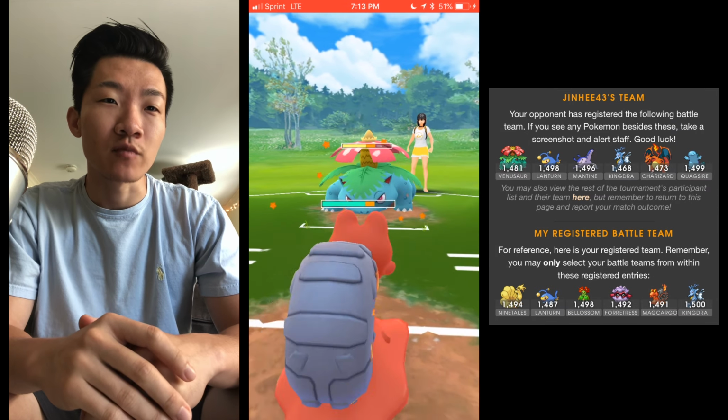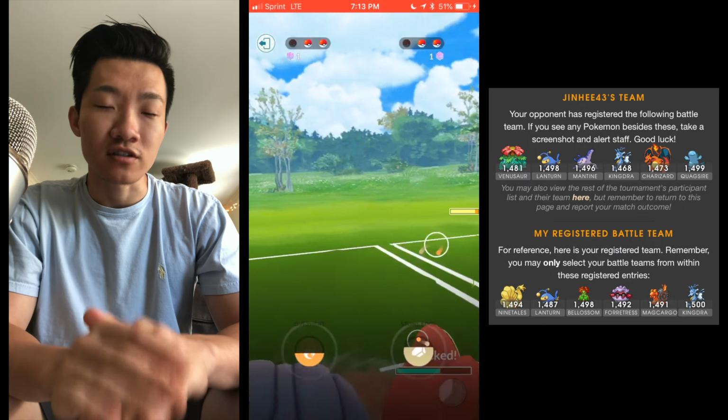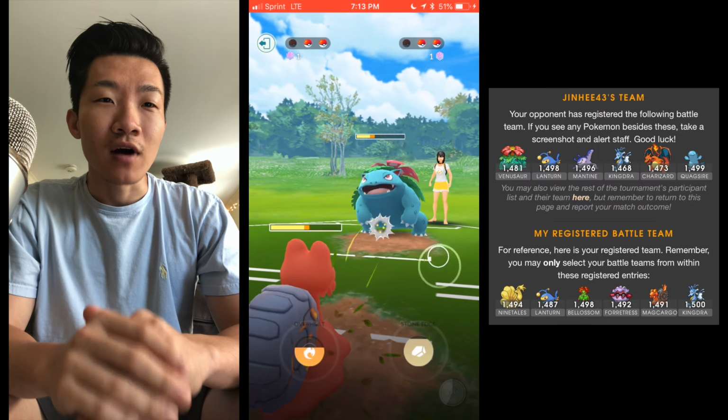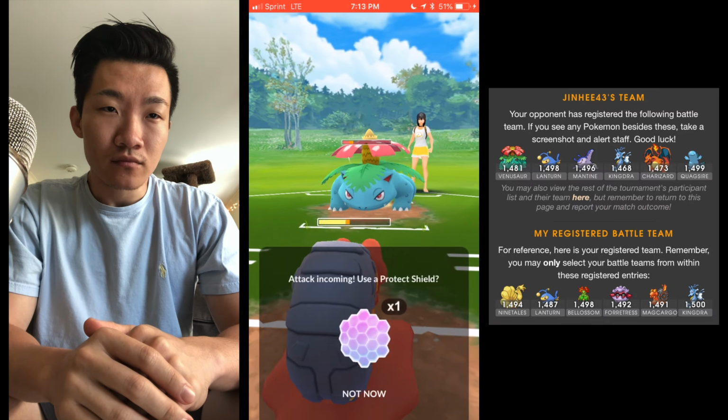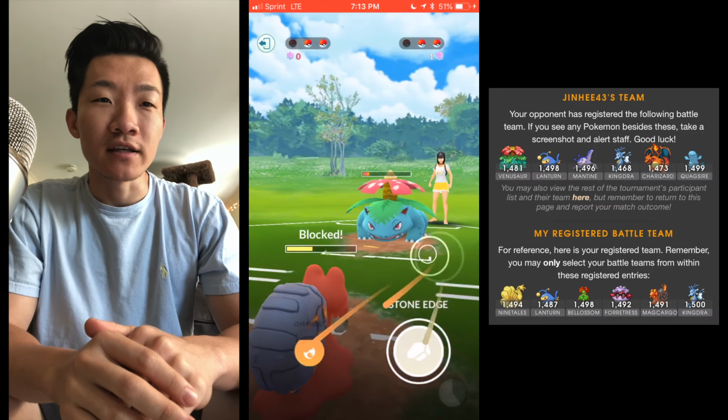But I do it just in time when I take the Frenzy Plant, so that way, the Sludge Bomb, so that I know that I could catch up a little bit on her energy. And at this point, I realized that I can just take out this Venusaur without expending any charge moves,